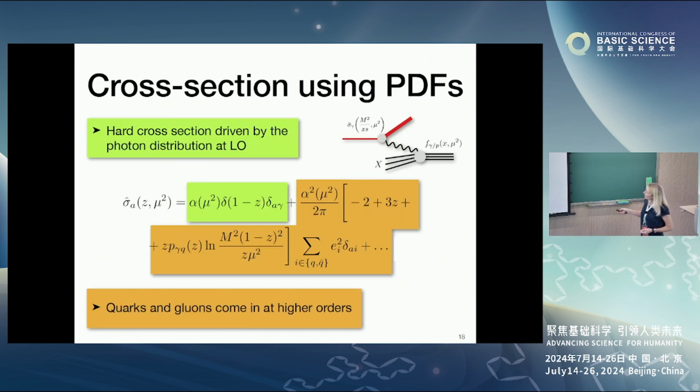And so this is the hard cross-section, the partonic one, written in terms of, so at lowest order you have the photon, the delta of a photon means that this is a photon at lowest order, delta of 1 minus z, the photon carries here this interaction. And at higher orders, of course, you can have quarks that radiate a photon, so you get terms like this one. These are the charges of the quarks in the proton, and so on. And then at even higher orders, you also have two. So this is something that you can compute at higher orders.